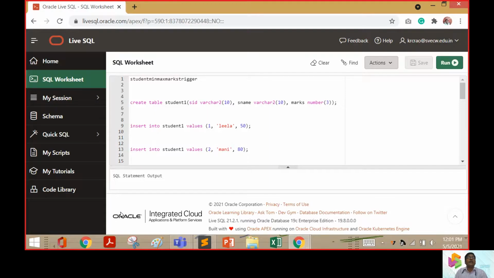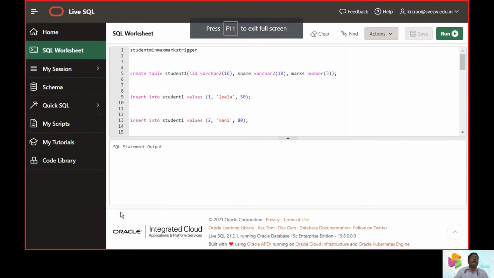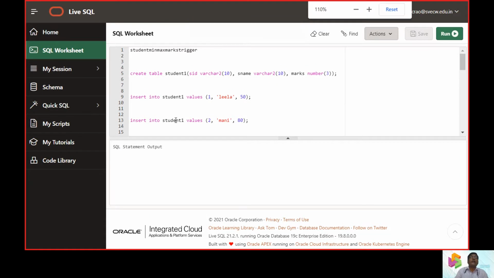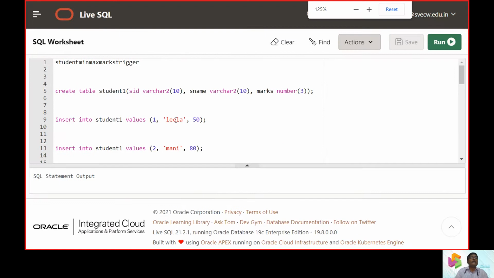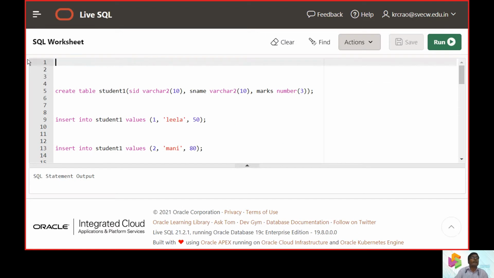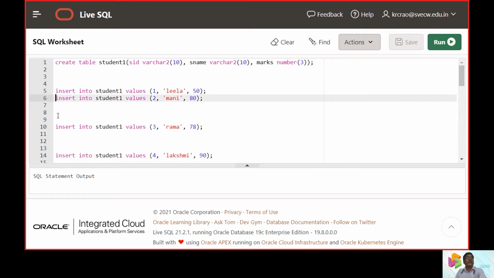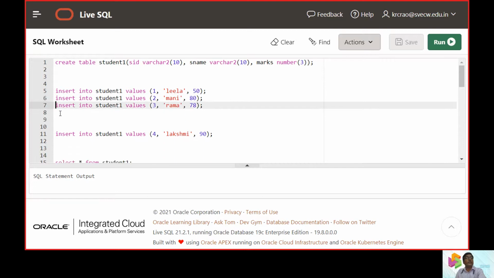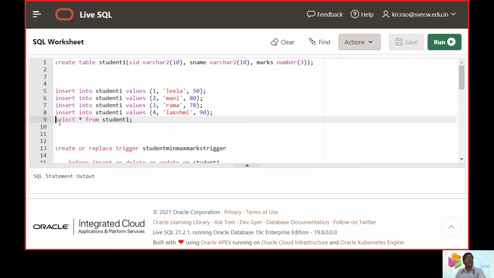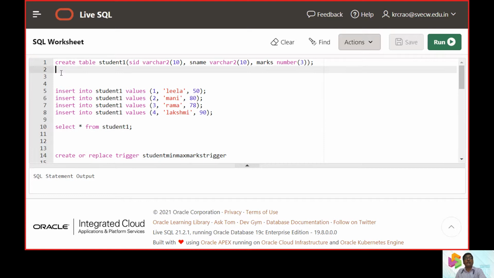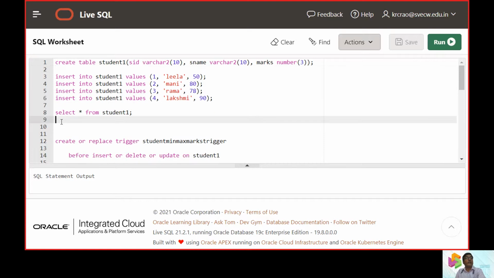So for execution, now we are switching to the SQL part. In this SQL part, now we are going to use the live SQL towards execution of our queries here. So first of all, we make this towards creation of the table. Thereby we will use the insert commands, and then we will verify whether the insert happened in the table or not.